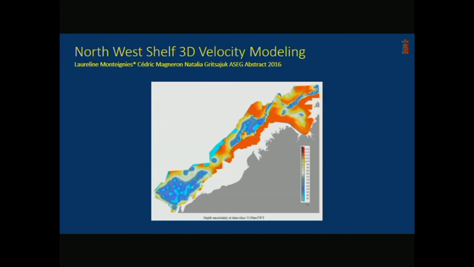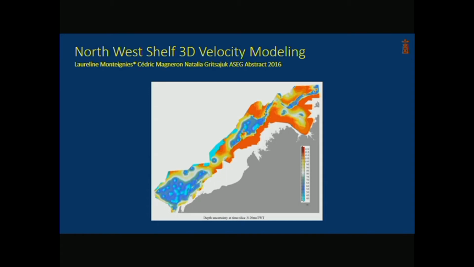And in the oil and gas world, this means that people are actually producing depth uncertainty maps. So this is a depth uncertainty map. If you can't read it, that's 120 meters and 40 meters. So that's the variation in uncertainty at a particular horizon. And so this is actually being quantified. This uncertainty here is coming from the 3D velocity modeling, which is kind of a black art in the oil and gas industry, where there are procedures to do it, but as you get to more and more complex terrains, there's more and more uncertainty associated with this velocity modeling,